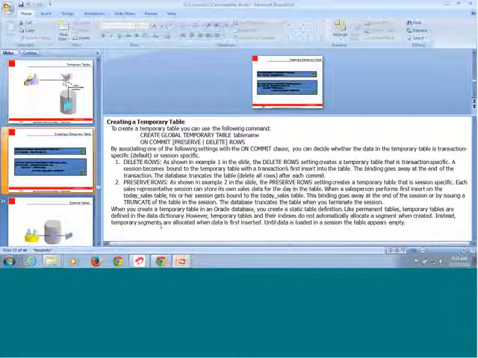Okay. So what is the use of creating a temporary table? You can create a temporary table to create a static table definition, that is, it's going to restrict any changes from being made, and moreover you are using a table which has been restored for a temporary purpose. And like permanent tables, temporary tables are also defined in the dictionary, and their indexes do not automatically allocate a segment when created. Instead, they are allocated when data is first inserted, and until data is loaded in a session the table appears empty.